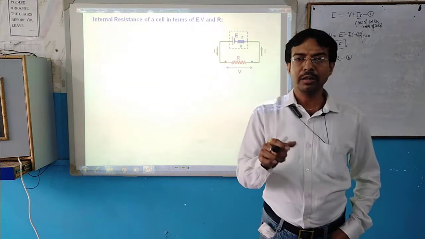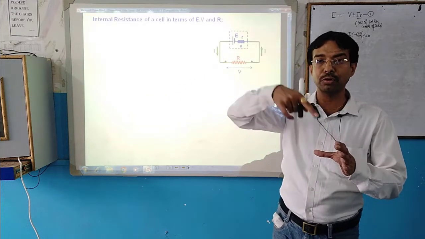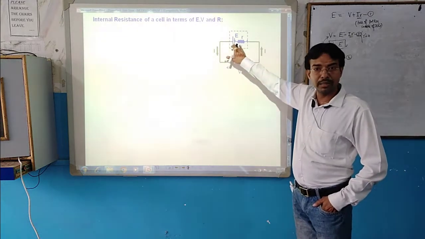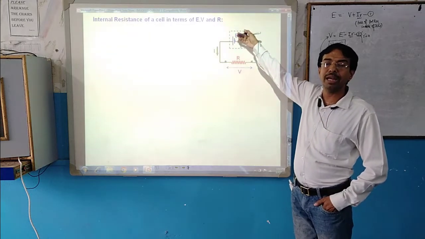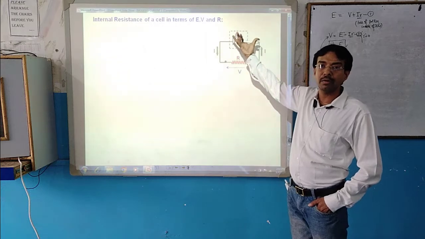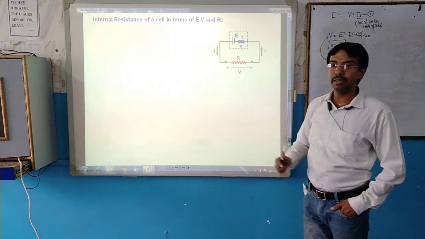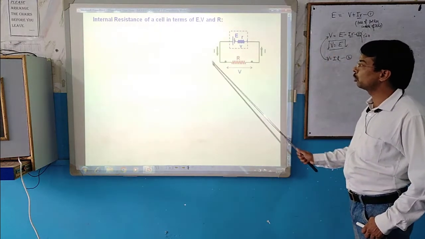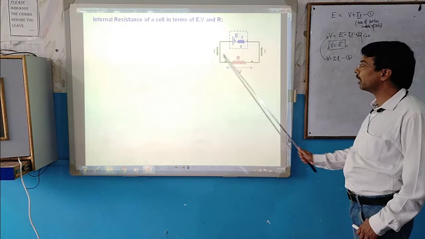Potential difference is the simple difference between these 2 points, which must lie inside the electrostatic region of that charge. And here you know very well, in that cell or battery, everything is in the form of potential energy, because it is storing a particular amount of energy so that it can provide work output. And what is the working of that cell here? You know very well, it will move a positive charge from the positive terminal to the negative terminal, or electrons from the negative terminal to the positive terminal.